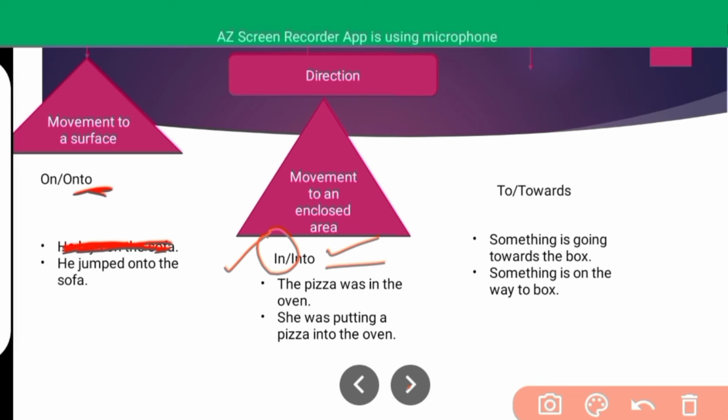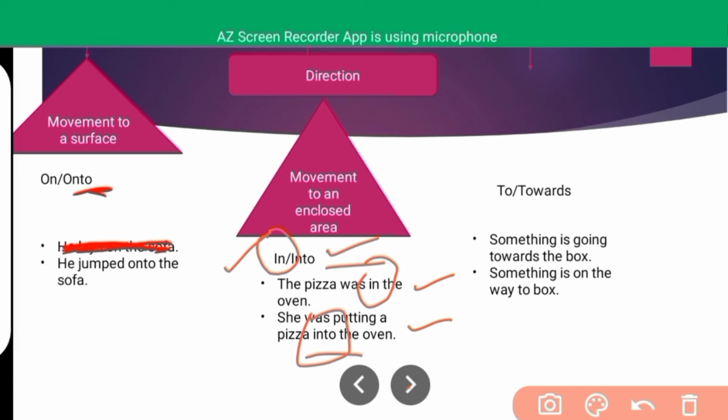लेट मी गिव यू द एग्जांपल। द पिज़्ज़ा वाज इन द ओवन, कि पिज़्ज़ा कहाँ पे था? ओवन में था। तो यहाँ पे कोई मूवमेंट नहीं है, इसलिए हमने शो इसमें ऐड किया preposition ऑफ इन। इफ़ आई से शी वॉज पुटिंग अ पिज़्ज़ा इन टू द ओवन, कि वो उस इनक्लोज्ड एरिया में ऑफ द ओवन वो पिज़्ज़ा रख रही है, तो इसका मतलब है कि पहले पिज़्ज़ा ओवन से बाहर था, तो फिर उसकी पोजीशन चेंज हुई है, यहाँ पे मूवमेंट शो हो रही है, तो इसलिए हमने यूज़ किया इनटू।